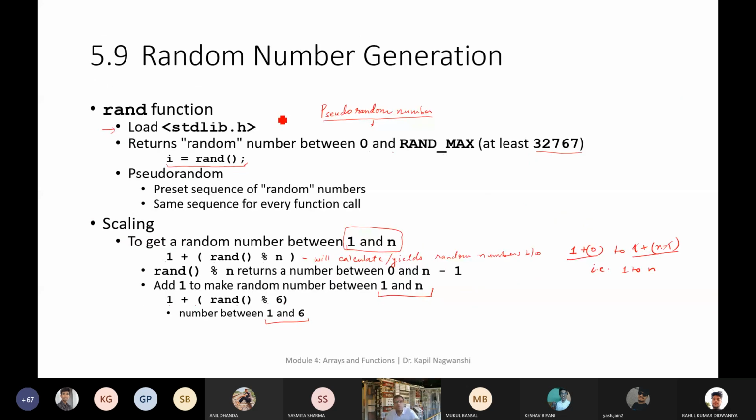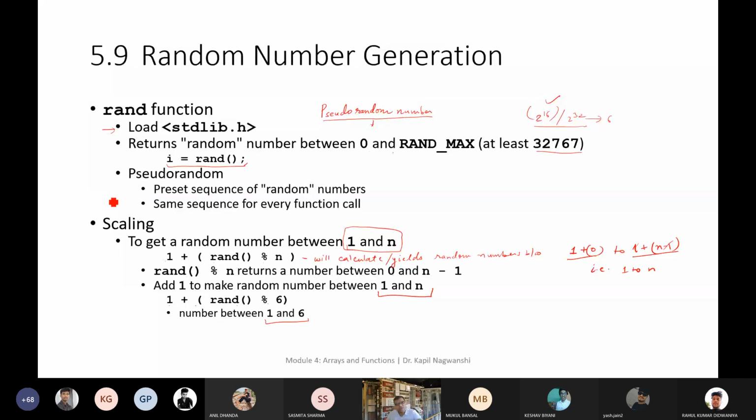No problem. Now come to random number generation. Random number generation is a function, and it comes under the standard library. It does not come under the math.h library. It returns any random number. Like RAND_MAX, at least 32767. This is 2 to the power 32? If you calculate the value of 2 to the power 32, it will not give you 32767. Maybe 2 to the power 16, I don't know. Just calculate it. Yes, it is 2 to the power 16, because this value is 65536, I think.